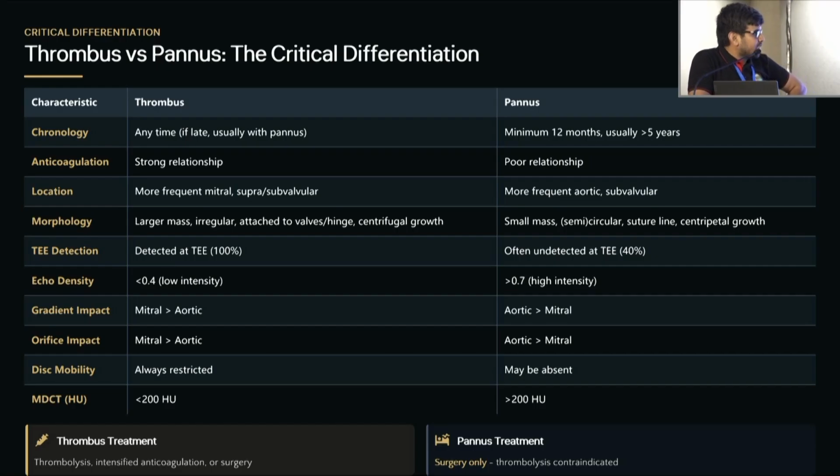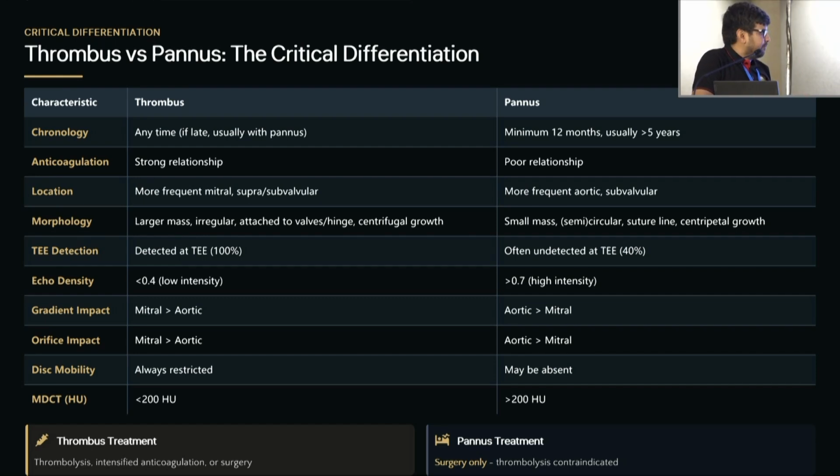And the location: thrombus is more in mitral, and in mitral it is either supra or subvalvular. Pannus is more common in aortic, in the subvalvular area. And the morphology: thrombus is large, irregular, attached to valves or hinges, and it is centrifugal. It starts from the center and spreads to the periphery, while pannus starts from the periphery